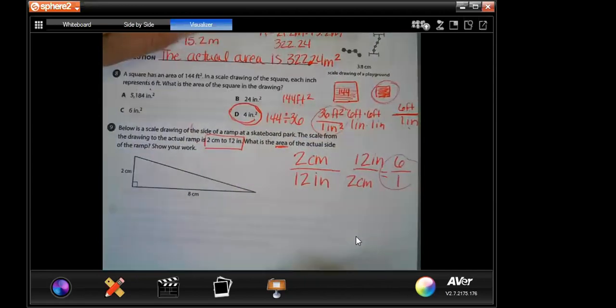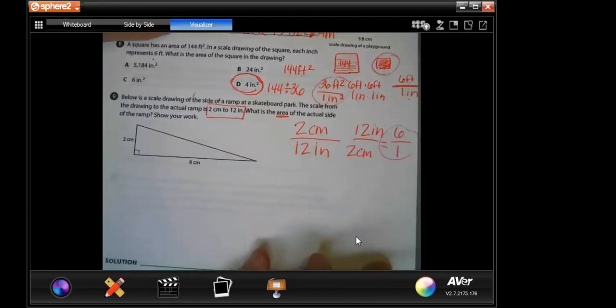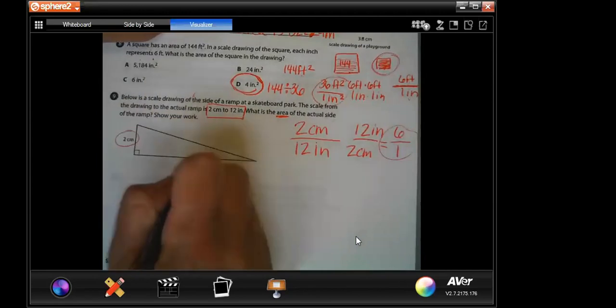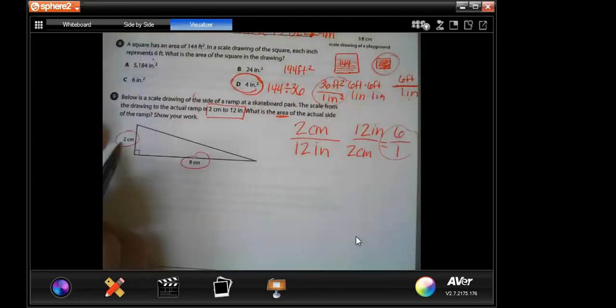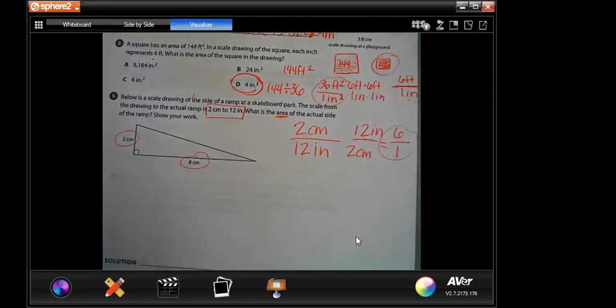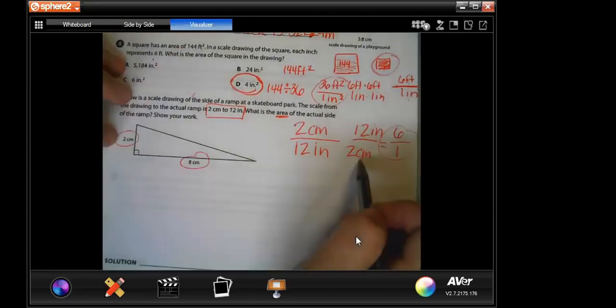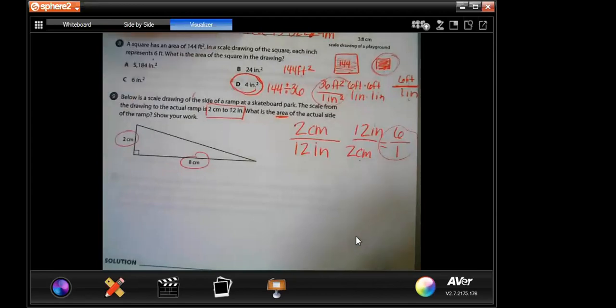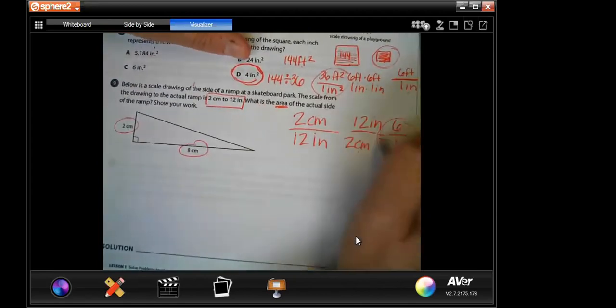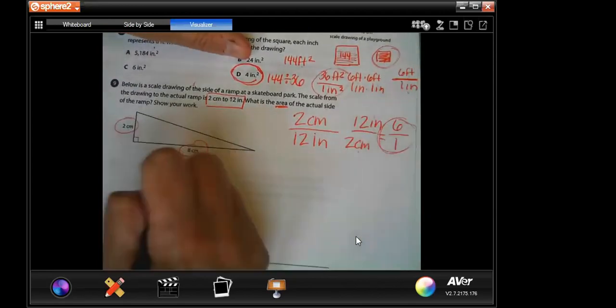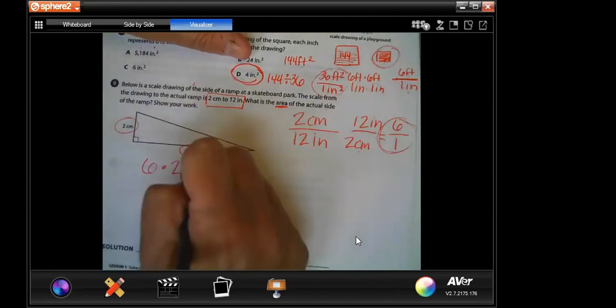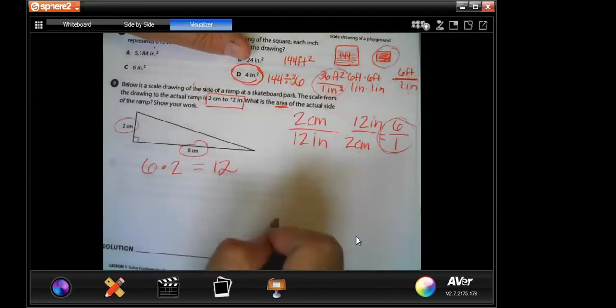All right, so the very first step that we have to do is change these from what they are on the drawing to the actual. So we're going to set it up. If that's my scale, I'm going to go 6 times 2, which is 12. And then I'm going to go